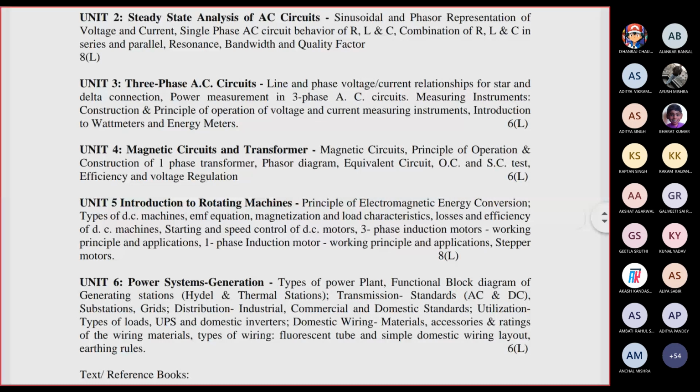Now there are different types of rotating machines depending upon the supply scheme. We have AC machine and DC machine. So if we talk about the rotating machines, then the very basic concept is the principle of electromagnetic energy conversion, right? If we talk about DC machines, there are two types, DC motor and DC generator. You should know that in case of DC motor, your input is electrical and output is mechanical, and vice versa in case of DC generator.